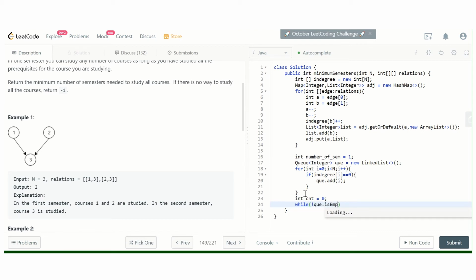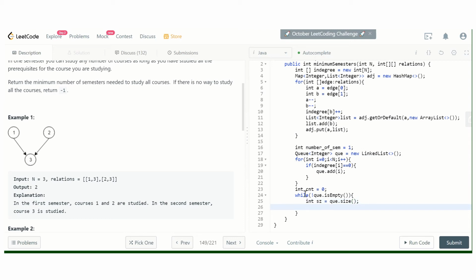Okay, so while the queue is not empty. How many courses we have taken in this semester is size. So we have to add that courses into our count variable.